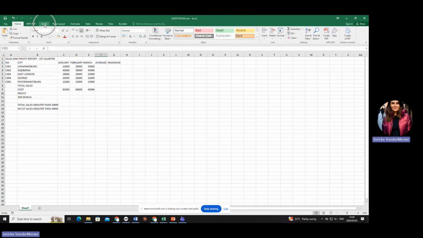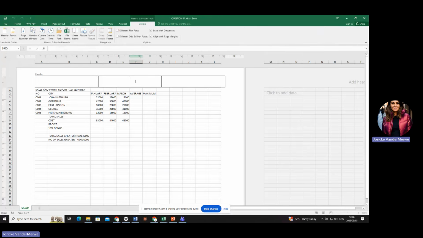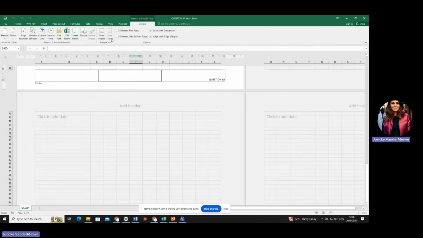Okay. So we will go to insert, we will go to header and footer. We will see there's nothing in the header, so we'll go to footer. And then they say we must change this to B. So you can just go in there and change it to a capital B. And then they say that your examination number must be left aligned. So you're going to put in your exam number, which is your ID number, left aligned. It is already left aligned.